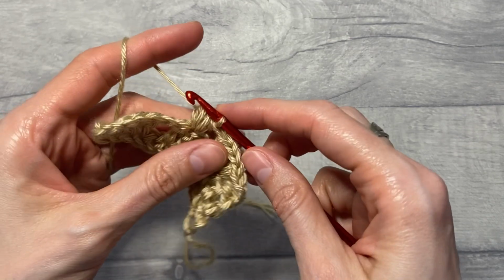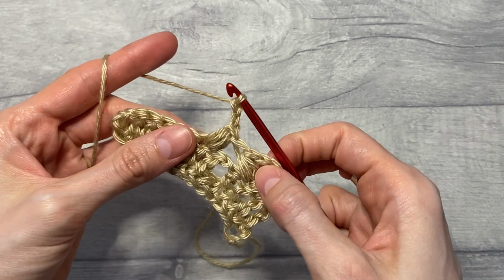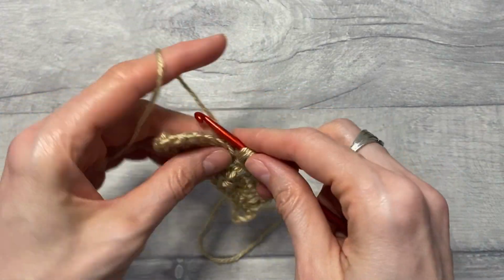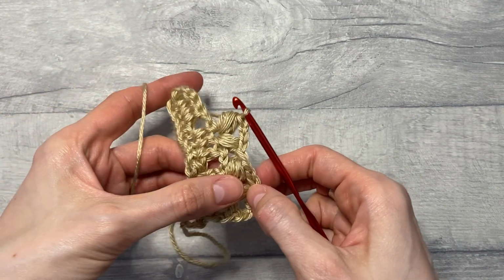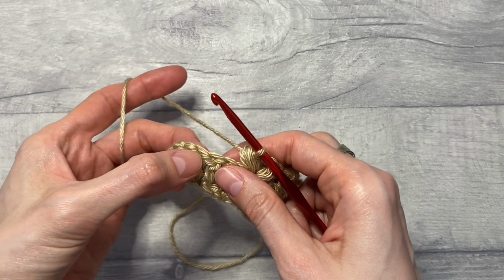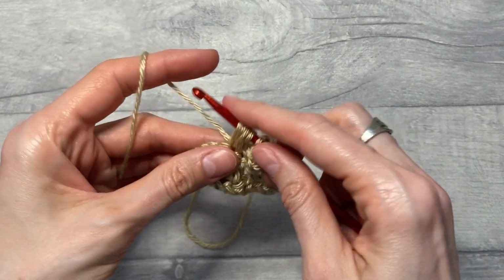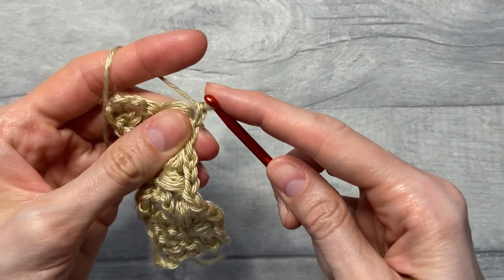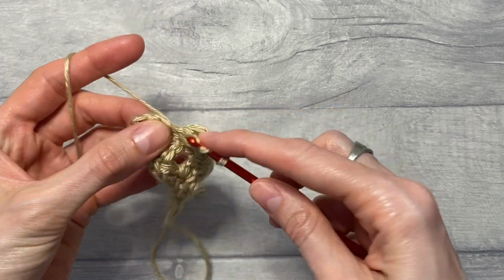Don't forget to chain 3 between the puff stitches. This creates a space for where the stitches of the next row will be worked. Okay, so we've got the second puff V stitch. Then I've got 1 more stitch repetition, so we'll work again into the middle stitch. Chain 3, 2 and 3, and work the last puff for my row,